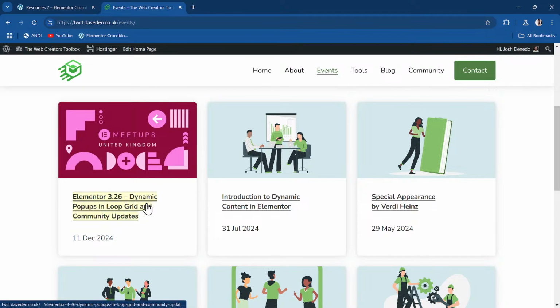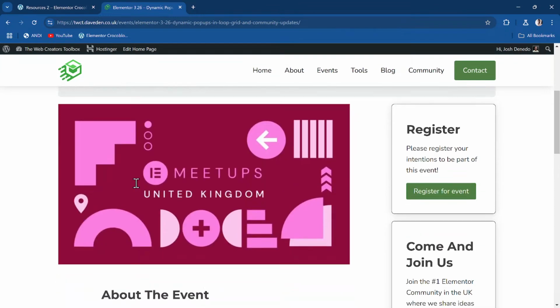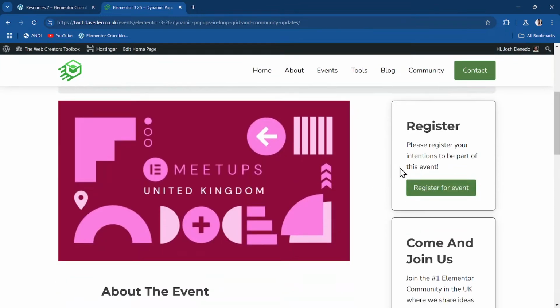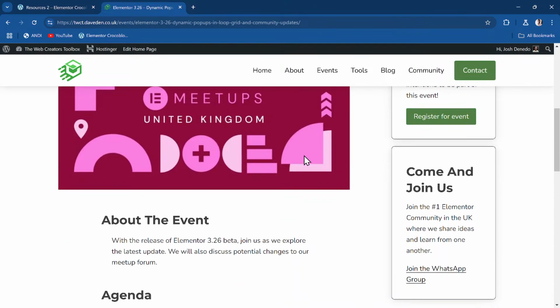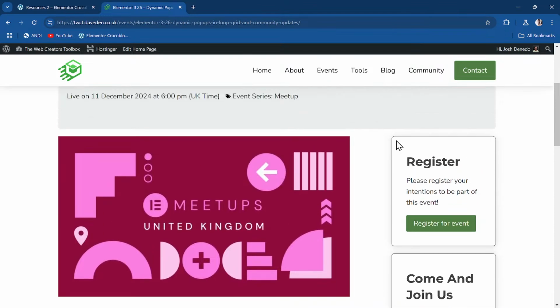So once we get to that meetup, we go into the meetup, then we'll get to see a place where we can register. The cool thing about this is everything is using JetEngine in the backend, JetEngine and some dynamic shortcodes, but mostly JetEngine. So what happens here is that if you are logged in,